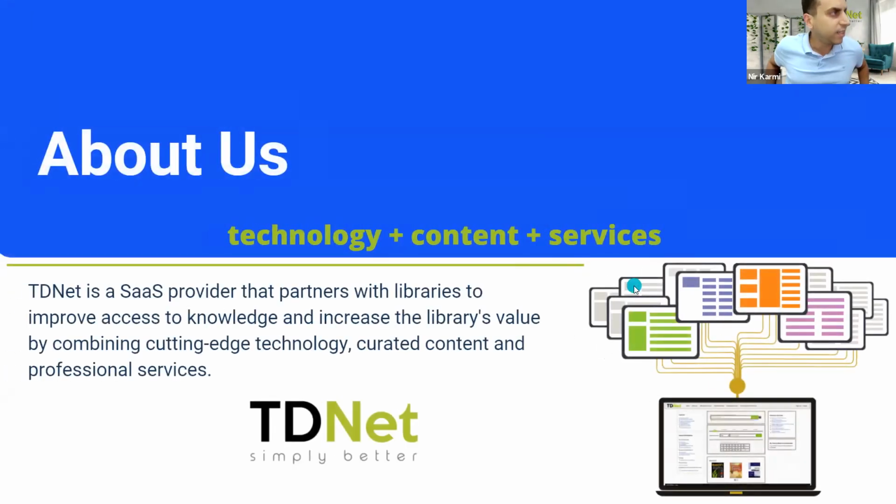So TDNet, we are a software provider that partners with libraries to really improve access to knowledge and increase the library's value. And we do it first and foremost by providing cutting edge technology. We are a software provider. Our sole focus is to provide technology solutions to libraries. And we combine the technology with high quality content that we have through our relationships with content providers, as well as our professional services. So we employ teams of developers, sales engineers, information specialists, and more that help libraries to